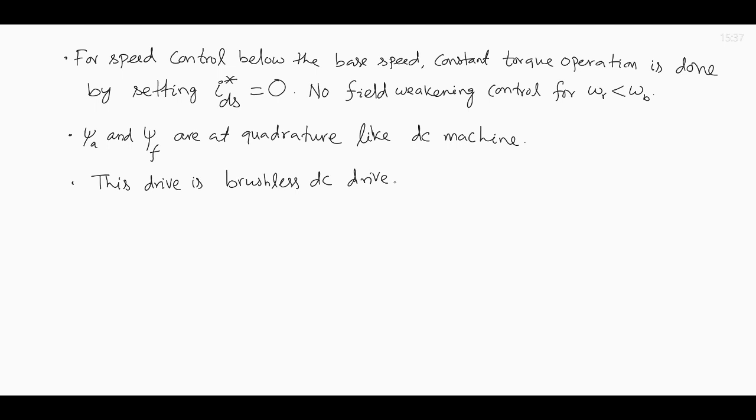So, the machine operates at a small lagging power factor, as you have seen, phi is small, lagging power factor, and vector control is valid by this scheme only in the constant torque region. Next, we want to have higher speed operation. Higher speed operation can be achieved only through field weakening control. So, that is only possible in a very small range above the base speed. So, how to achieve that?